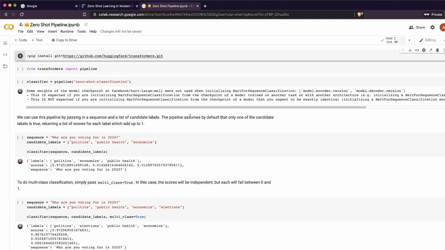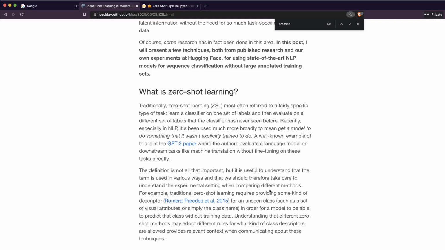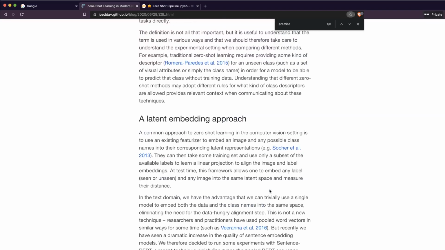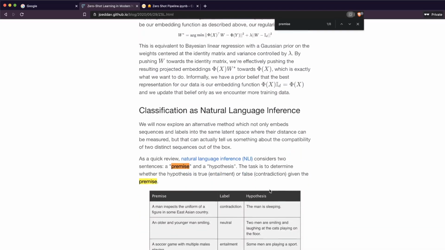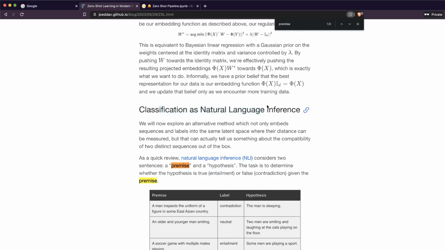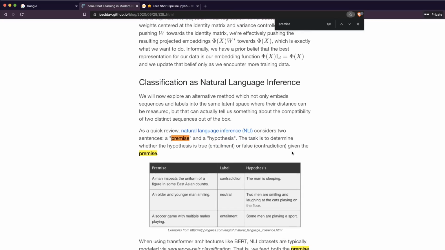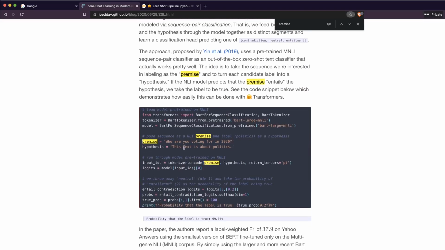What we are doing here is they have taken the same zero shot learning approach and used it for text classification. The way this text classification works is based on a technique called NLI, natural language inference. You can say classification as natural language inference. They are primarily trying to set up a premise and a hypothesis. You can see this example.